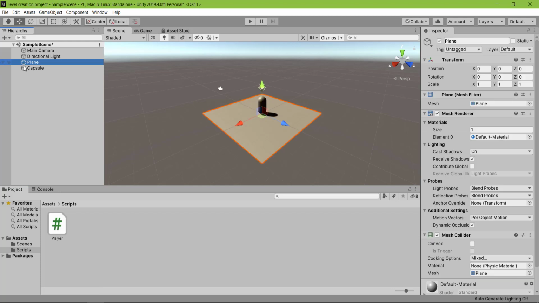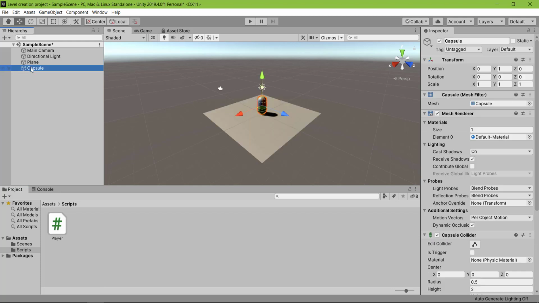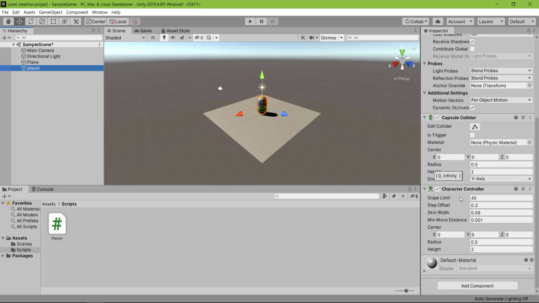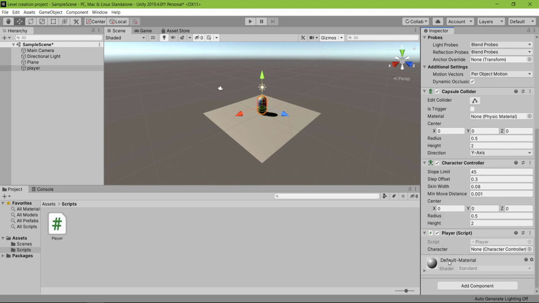And let's select our capsule and rename it to player. Now we can drag and drop our script into the player object's inspector. Okay, now all we have to do is drag our character controller and drop it into the character field.